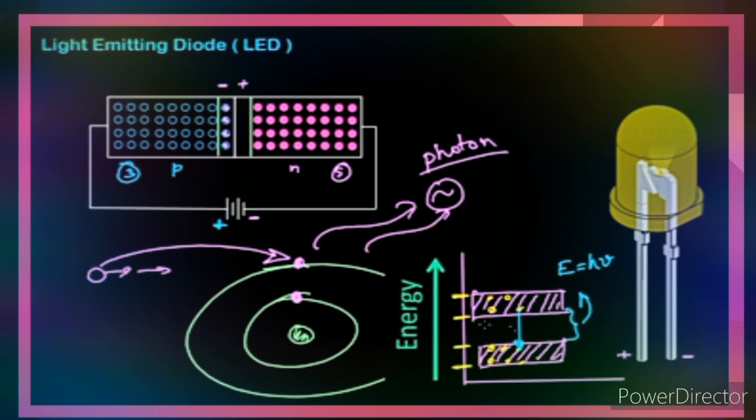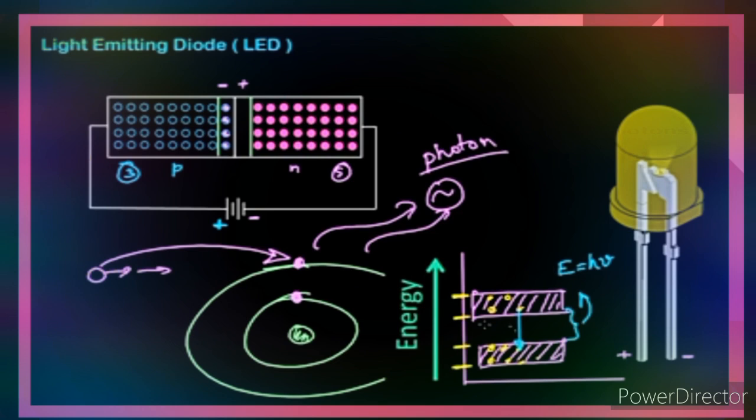Therefore, free electrons in the conduction band need to lose energy in order to recombine with the holes in the valence band. These free electrons in the conduction band do not stay for a long period. After a short period, the free electrons lose energy in the form of light and recombine with holes in the valence band. Each recombination of charge carriers will emit some light energy.